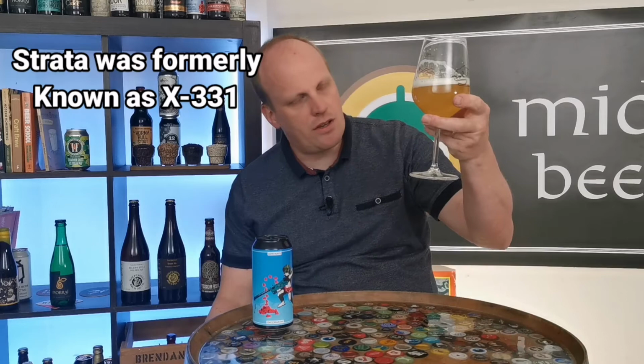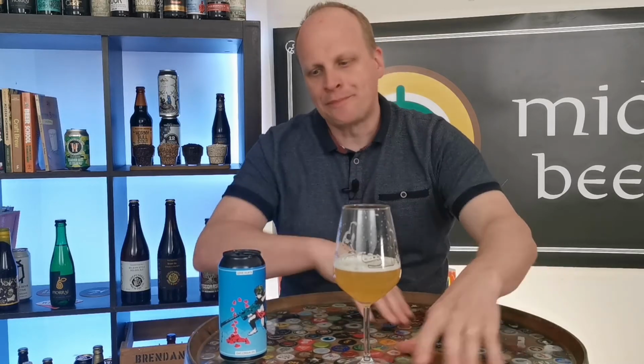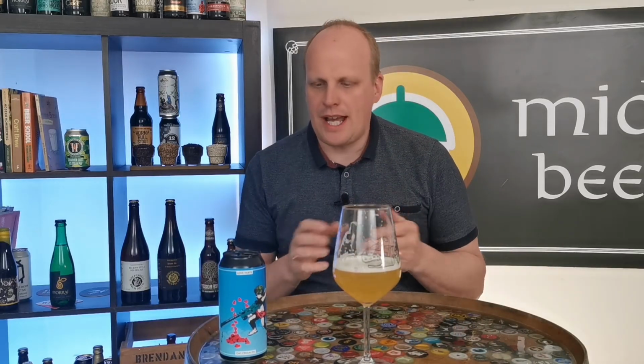Let's give this a go and see what it's like. Cheers, sláinte. Okay, so the first thing to note is this is my kind of IPA. It's got bitterness to it. And I'm really, really happy to say that it's got that bitterness with it, because